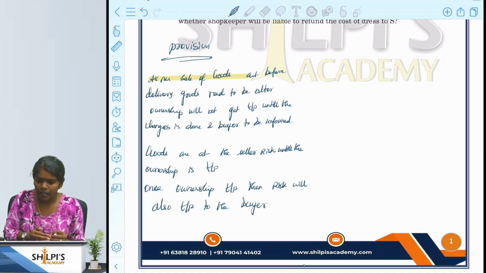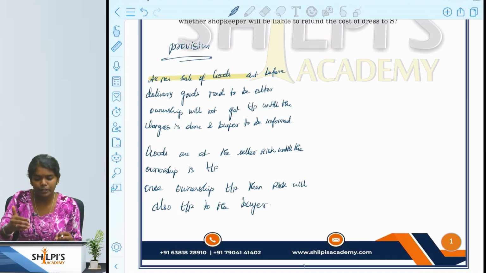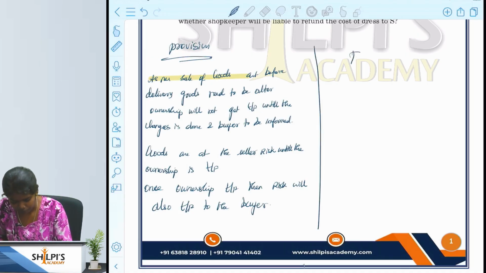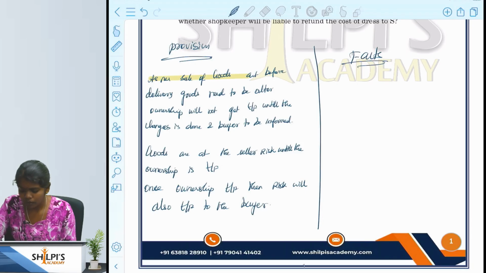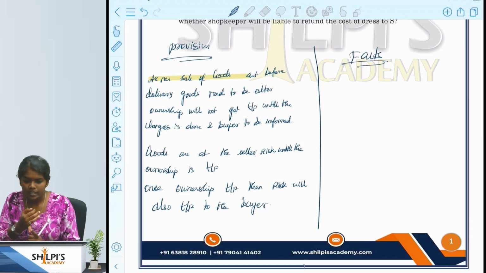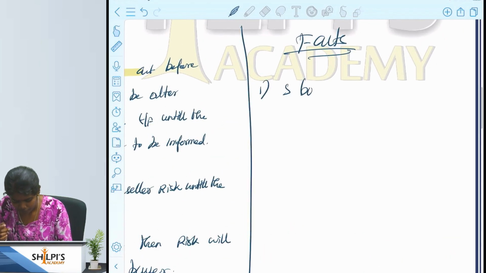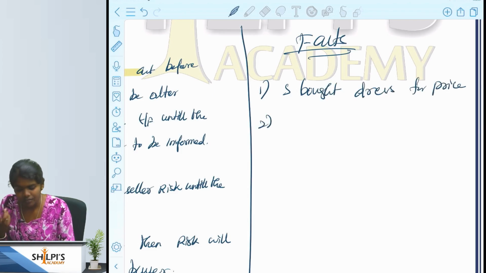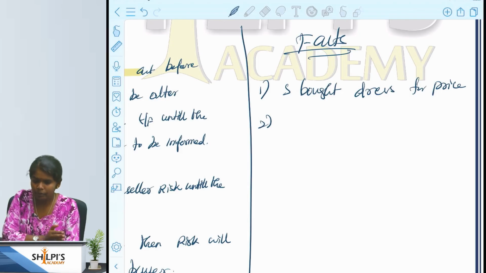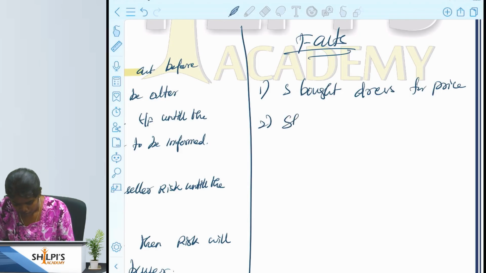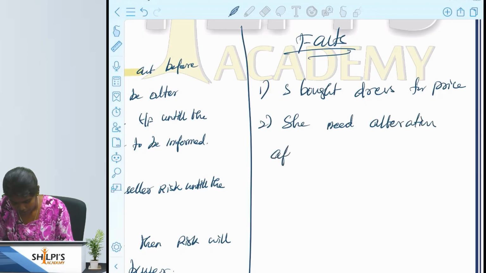In the second part, we have to write the facts related to this case study. So what are all the facts? S bought a dress in a reputed showroom for a price, correct? So first thing, S bought a dress for a price, and after that she needed to alter that particular dress also. So she needed alteration, and after